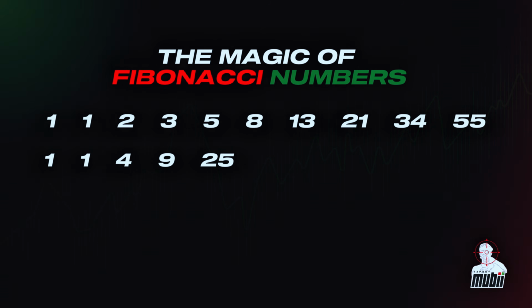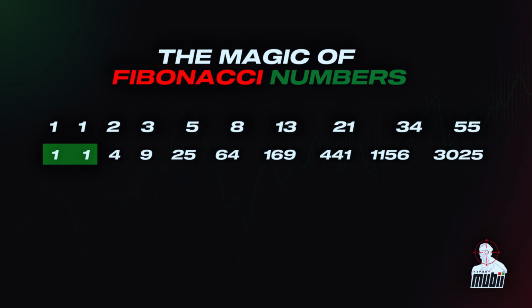Now, let's say we square each and every number here. 1 squared equals 1. 1 squared equals 1 as well. 2 squared now equals 4. And 3 squared equals 9. 5 squared equals 25, and so on. The pattern repeats. Now, if you add each and every number